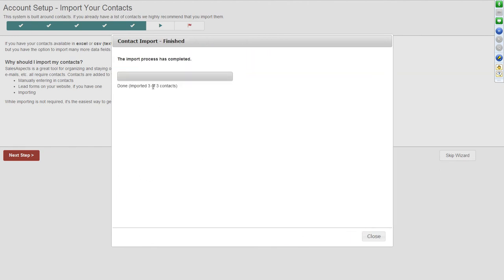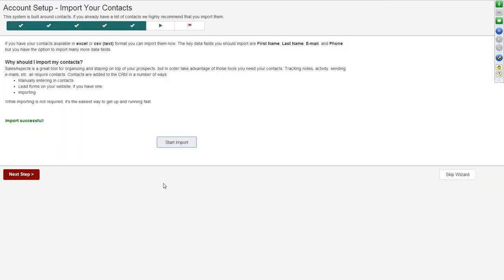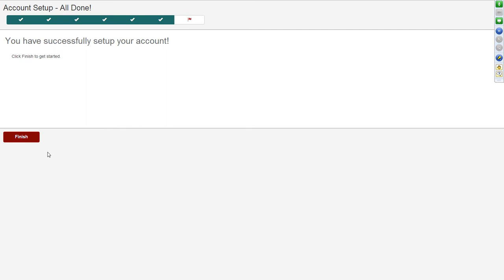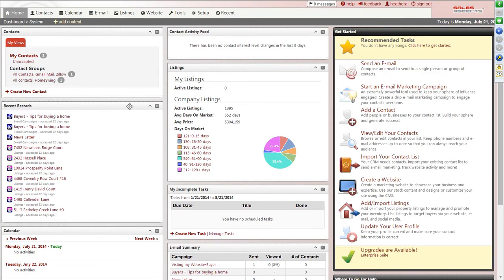Now I had 3 contacts, and it says that I imported 3 contacts successfully. We will go to the final step. You have successfully set up your account. You click on finish. So now I have 3 contacts all imported into my account. I have them all broken out into their groups,